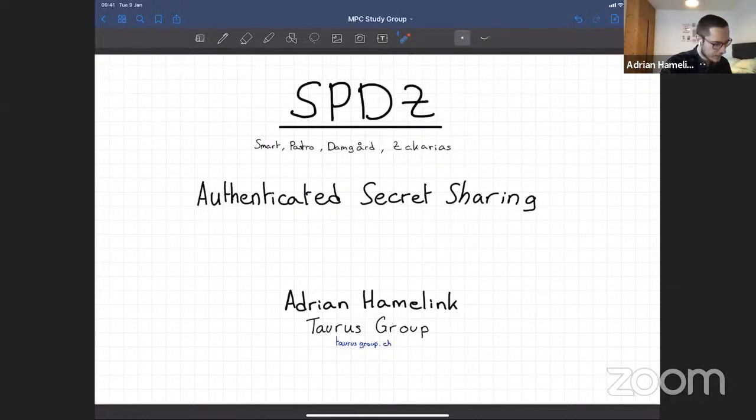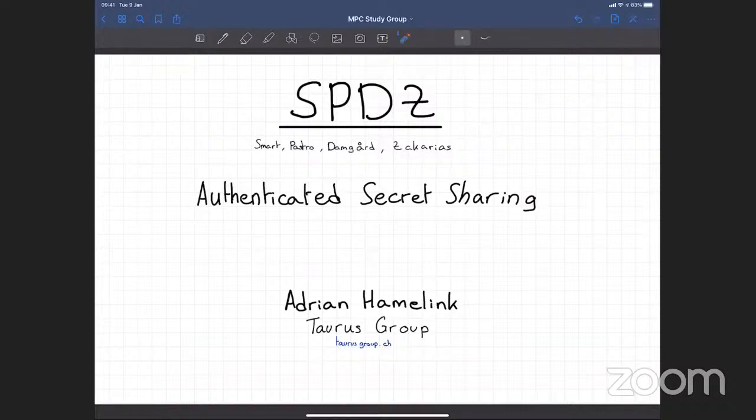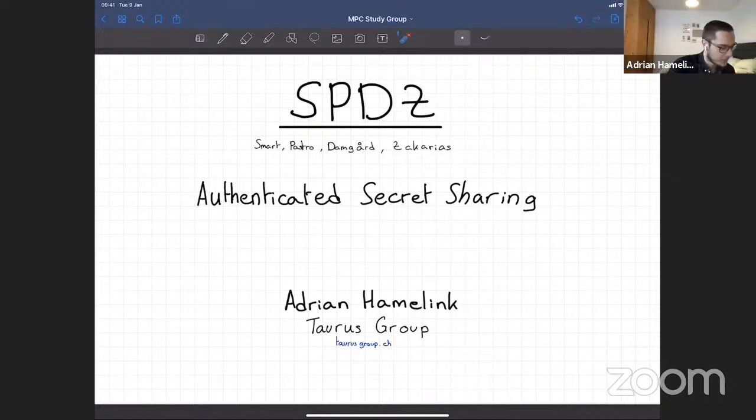how it works. So the motivation for this is the common MPC problem where you have this function f, which you would like to evaluate over the inputs x1 to xn among n participants, P1 until Pn, who each hold their respective private inputs. We'll be working with elements from a field F_q, where q is a prime power. And we're going to be assuming that the function f is arithmetic, so no bit shifting or whatever. So it just operates over the field.